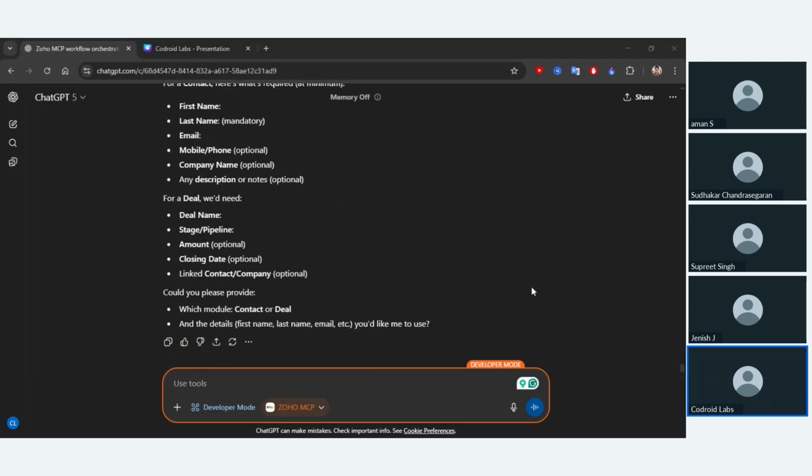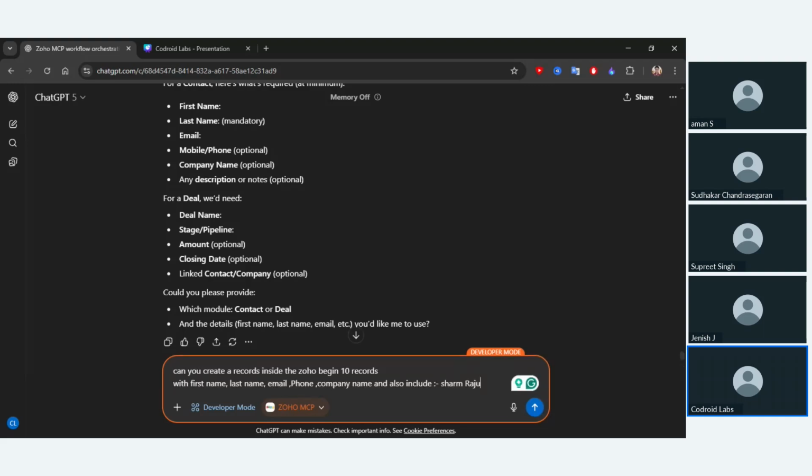Okay, I paste this prompt: Can you create a record inside the Zoho Bigin? I want 10 records with first name, last name, email ID, phone number, company, and also including a name like Raju. That's a sample name.